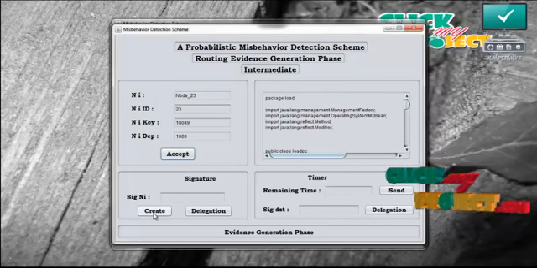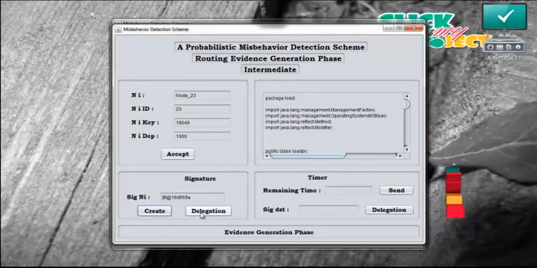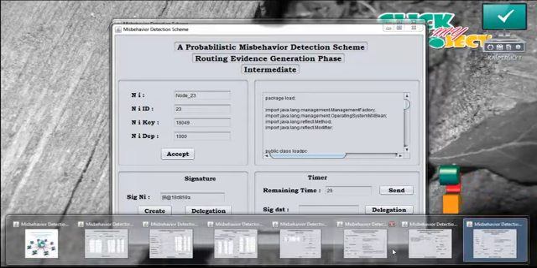Now the intermediate also creates the signature for the data. Now press create. Here the intermediate generates the signature. Now press delegation. In this, the signature of the intermediate is transferred to the sender.